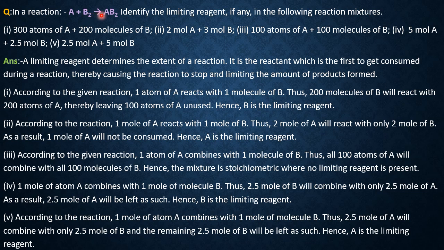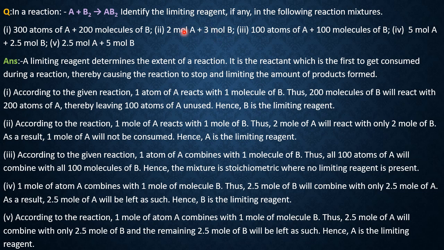So how much is there? It is 3 mole of B. 2 mole of A requires 2 moles of B2 or 2 moles of B molecule, but it is 3 mole here. So this is extra. This is less. So A is the limiting reagent. Let us see. Yeah, A is the limiting reagent.